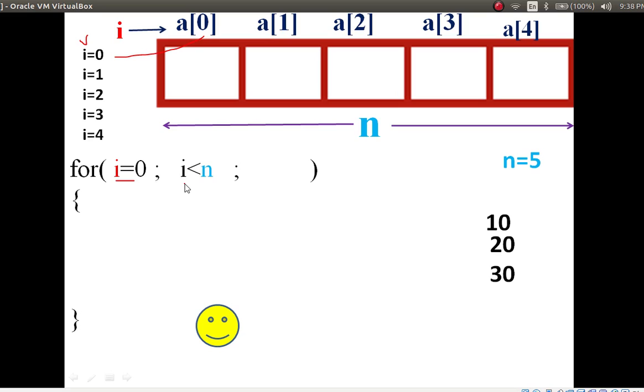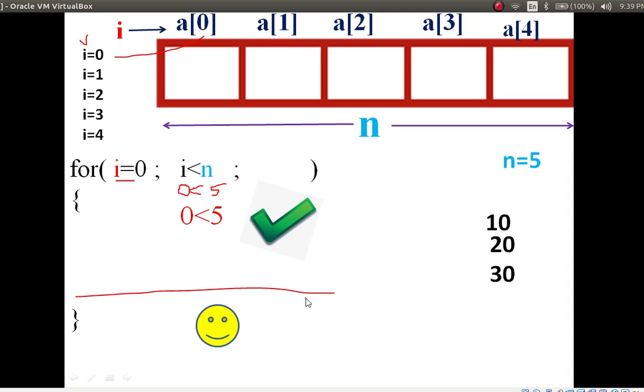What is the n value? 5. n is what? The array size. Check the condition: 0 less than 5. Is the condition true or false? Yes, the condition is true. If the condition is true, execute the next statement.